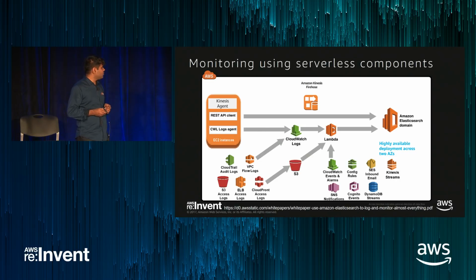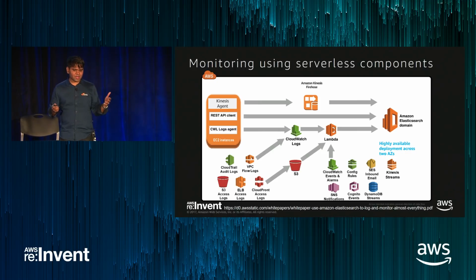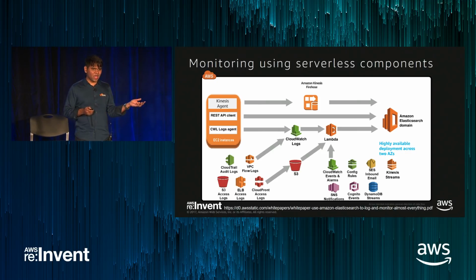And this is one of my most favorite, right? You can install a Kinesis agent on the server. You keep on writing logs locally. You don't worry about shipping the logs, right? This Kinesis agent, which is a very reliable component, which works extremely efficiently, will keep a watch on your log files, pick up all those records, and post them to Firehose in a very reliable way. And Firehose, in a very efficient manner, will load them to Elasticsearch. So this is all the arsenal that you will need and you have at your disposal to build a very efficient monitoring system.